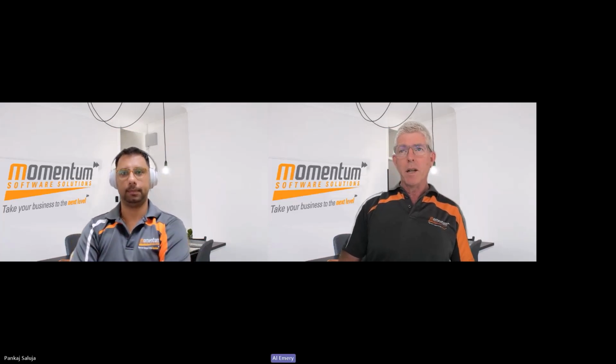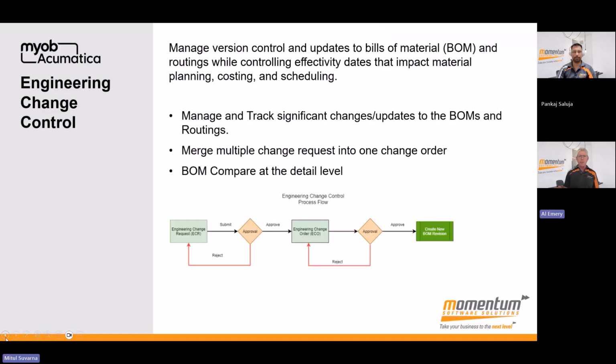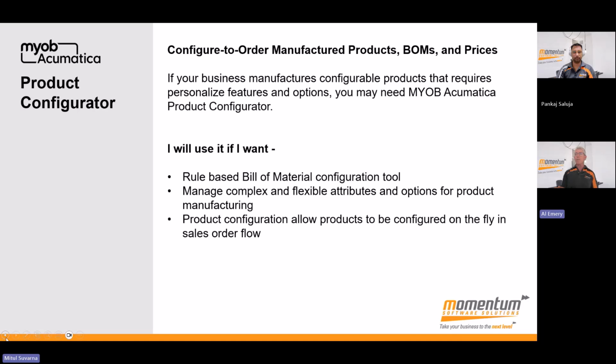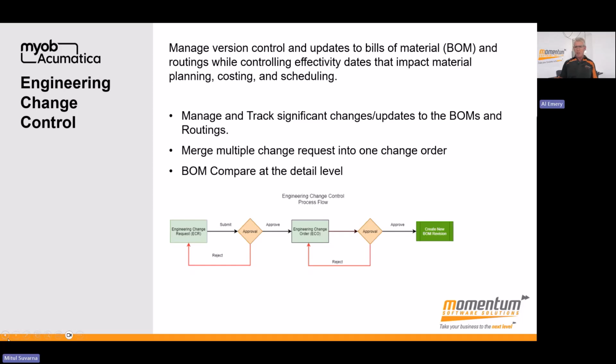Product configurator is commonly used for products where you might have a base product or template bill of material, but then you have optional extras that you include or exclude, or even slightly different dimensions, and it takes you through the same process. Engineering change control is a much more controlled and managed process for dealing with bill of material changes. There are standard features just to make changes and revisions, but there's no approval process around those, and it's not as easy to manage the timing of those changes,